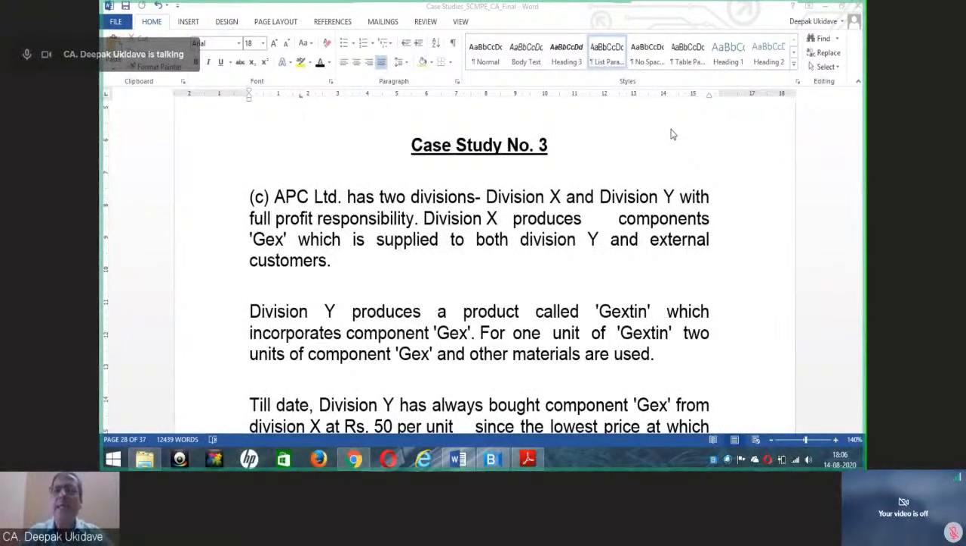We continue doing two cases in today's class on transfer pricing. Case number 1 we have already covered in the last class, and these questions had emerged out of that case. So now we look into case number 2 and 3. First we take case study number 3, which is easy to understand for all of you and which will lead to